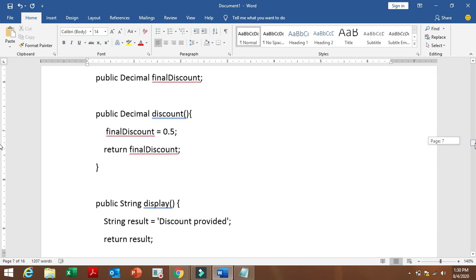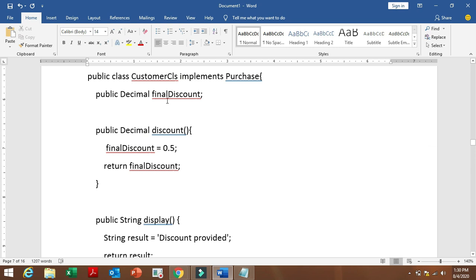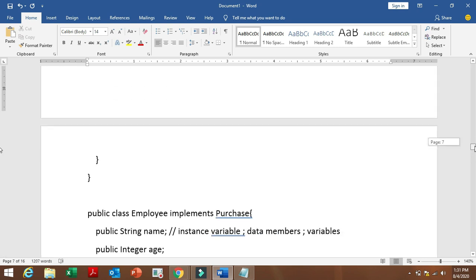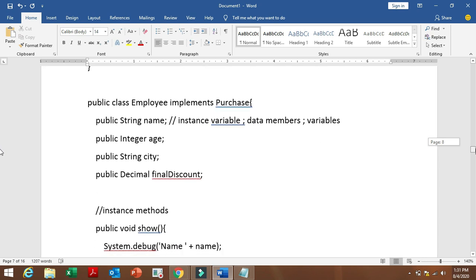Here the customer class is taken, and then the implements keyword is used, and final discount is taken as a data member, and then discount is taken as a method. So the class implementing the interface must provide implementation for the methods in the interface.